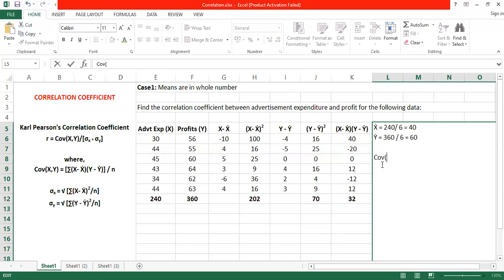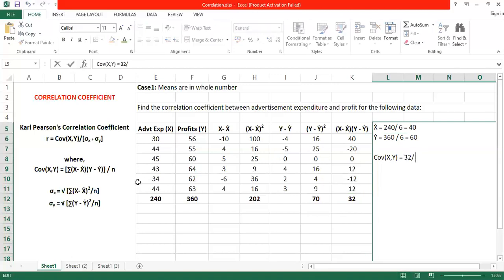The formula says covariance of xy equals summation of x minus x bar into y minus y bar. So here is our x minus x bar into y minus y bar and the summation is here. So it is 32